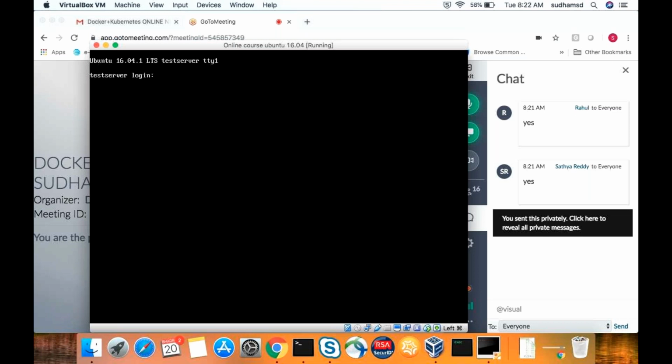Now the operating system is loaded from the hard disk, because in the installation process we copied the ISO details onto the hard disk. Now the operating system is loading from the hard disk. So here, as I told you, the login prompt is nothing but asking for the username and password which you created while installing the operating system. It's testuser, and the password is test123, which I gave.